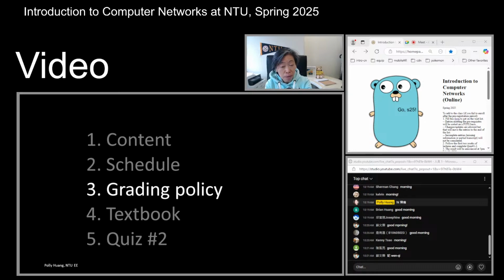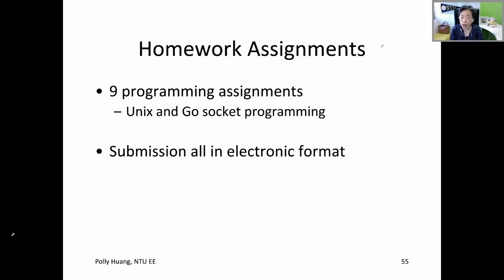So let's start from the programming assignments. And you will hear what the programming assignments are. They're actually related. And there are actually 2 major components in the programming assignments. Okay, homework assignments. So these are the 9 PAs. They are the core programming assignments. For this purpose, we'll be setting up a Unix workstation. Each of the teams will be given an account so that you will submit your code and test it also on the workstation. The TA and I will be grading your assignment based on how well your code runs on the specific workstation.